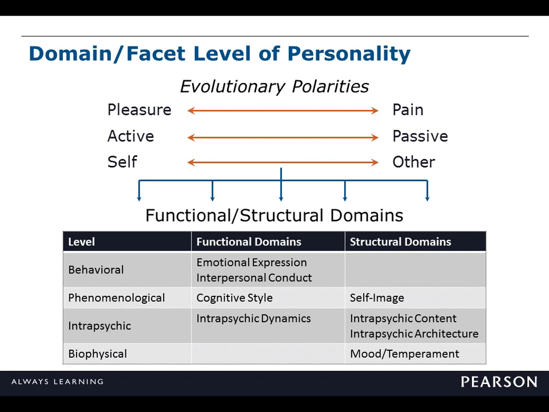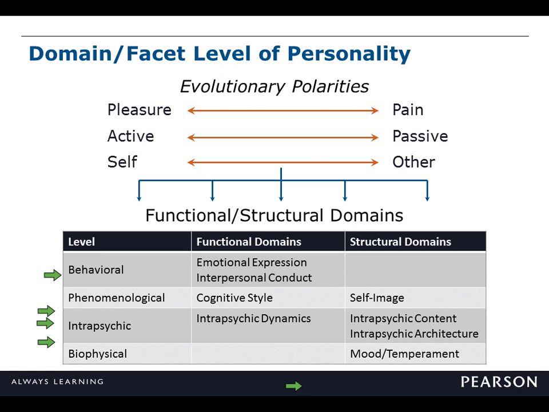So we break these down, first of all, into levels such as behavioral, phenomenologic, intrapsychic, and biophysical in this first column, and then further broken down to different functional and structural domains that represent behaviors, cognitive styles, different elements of intrapsychic sorts of structures, and so on, representing a lot of the different spectrum of the ways in which we look at personality and also aligned with different schools of thought in terms of